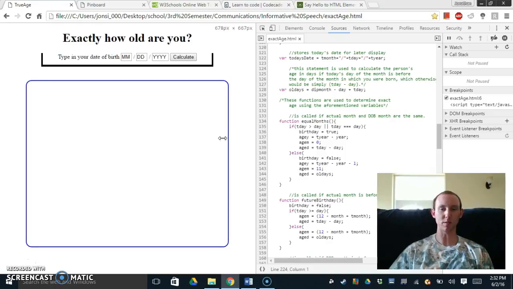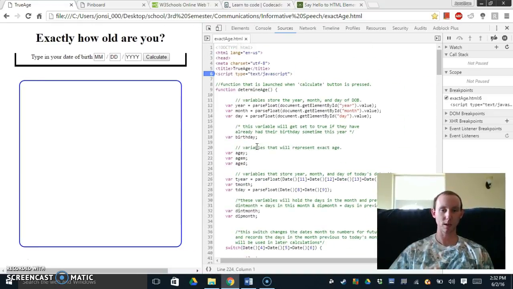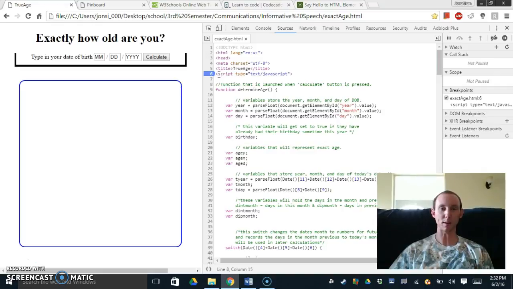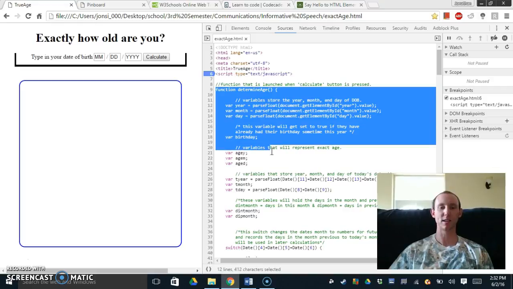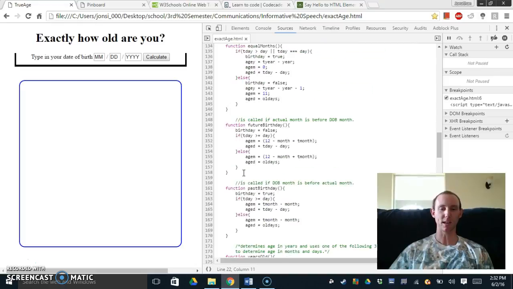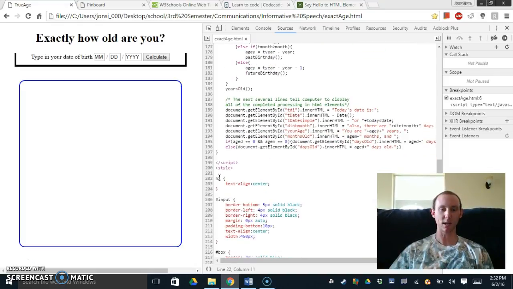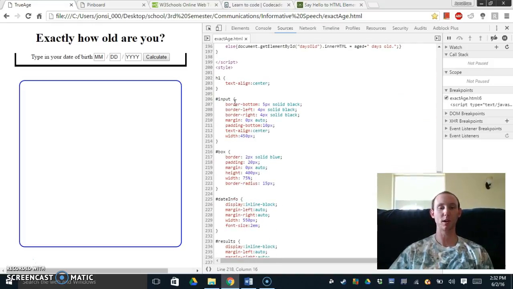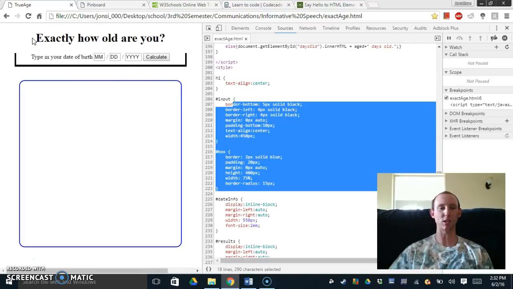Here I have a bit of HTML right here at the top that sets up the framework of the page. In the script tag, I have JavaScript, which helps the page function better. And down here below, in the style tag, which is an HTML tag, I have a language called CSS, and that helps you style and make borders and change the font and size